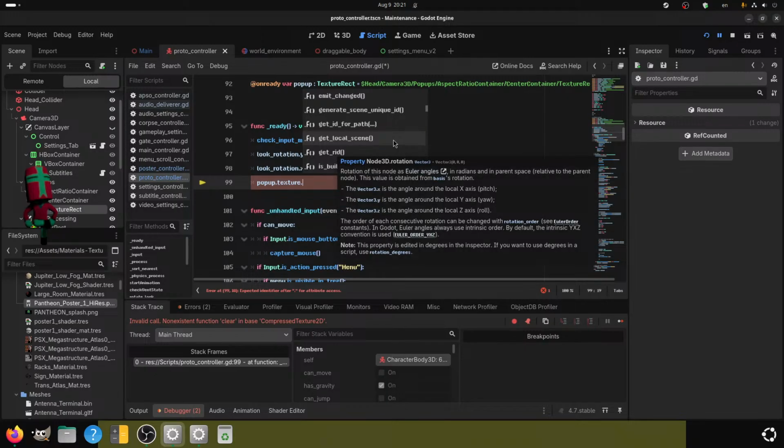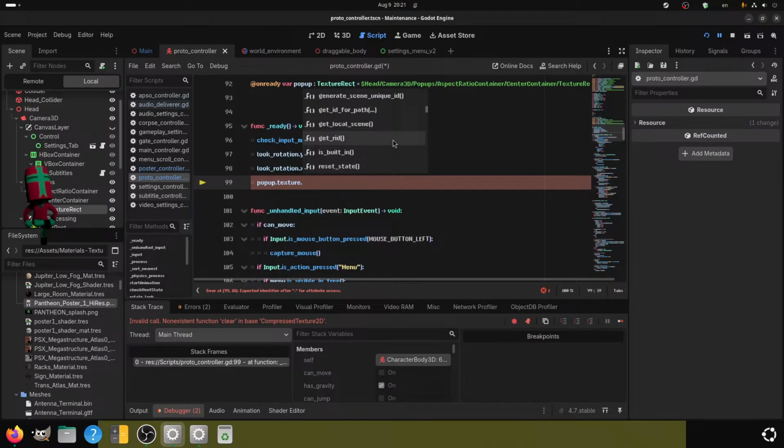Oh, get rotation. I would not have thought so. Reset state. Resource name. Section creation functionality. Call, cancel, connect, disconnect.